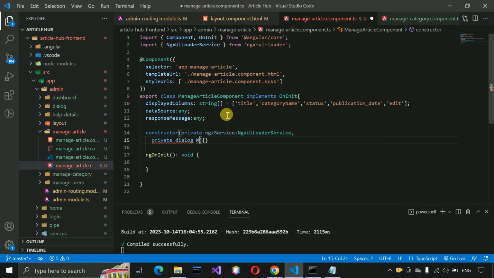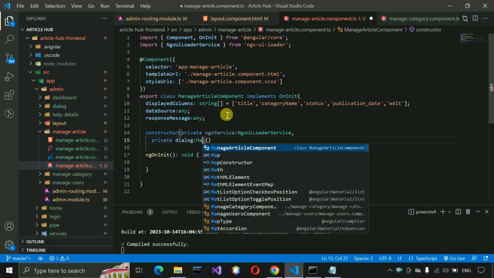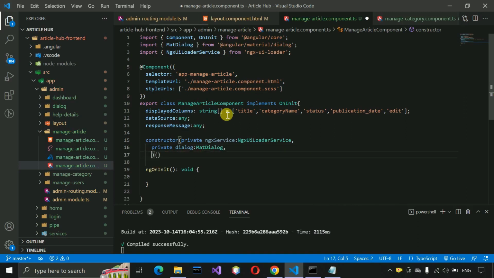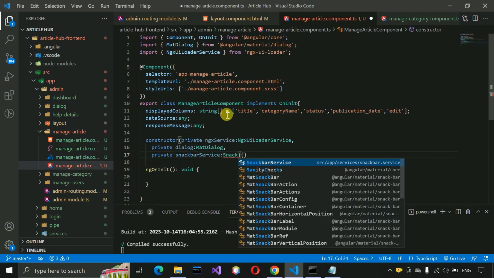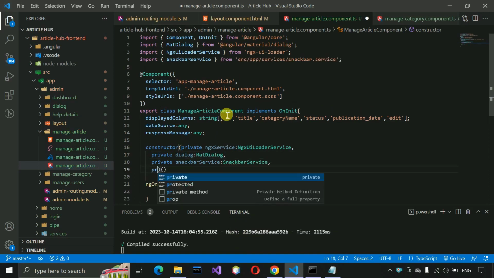Okay, here we put MatDialog, this one, private snack bar service, this one, private router